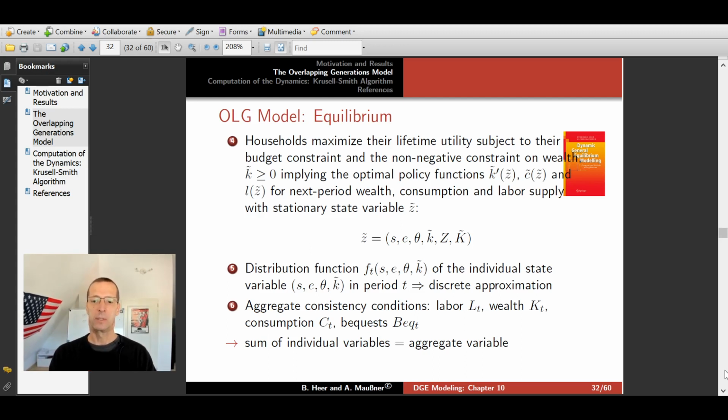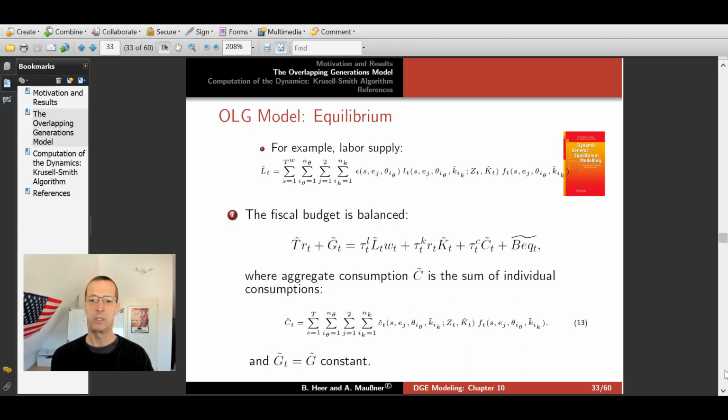Aggregate values are the sum of the individual variables, which are our consistency conditions. So for example, aggregate labor supply is equal to the labor supply of the workers, from HS equal to 1 to HTW equals 45, over the 2 stochastic productivities theta 1 and 2, over the permanent productivities E1 and E2, and over the 50 wealth grid points